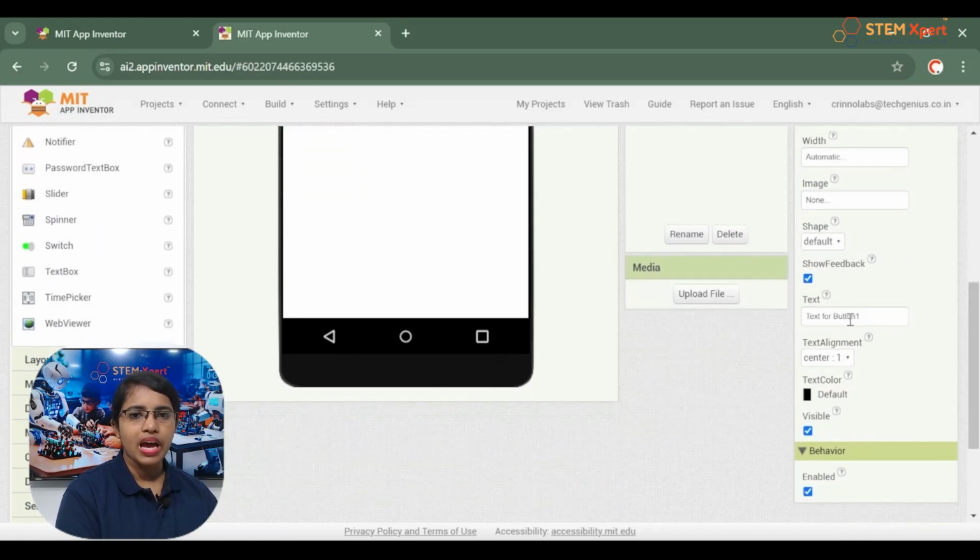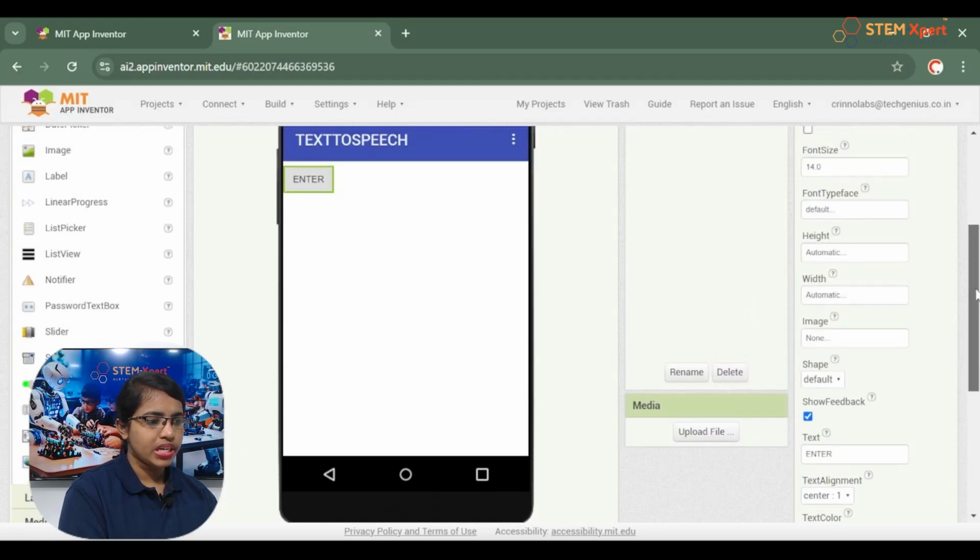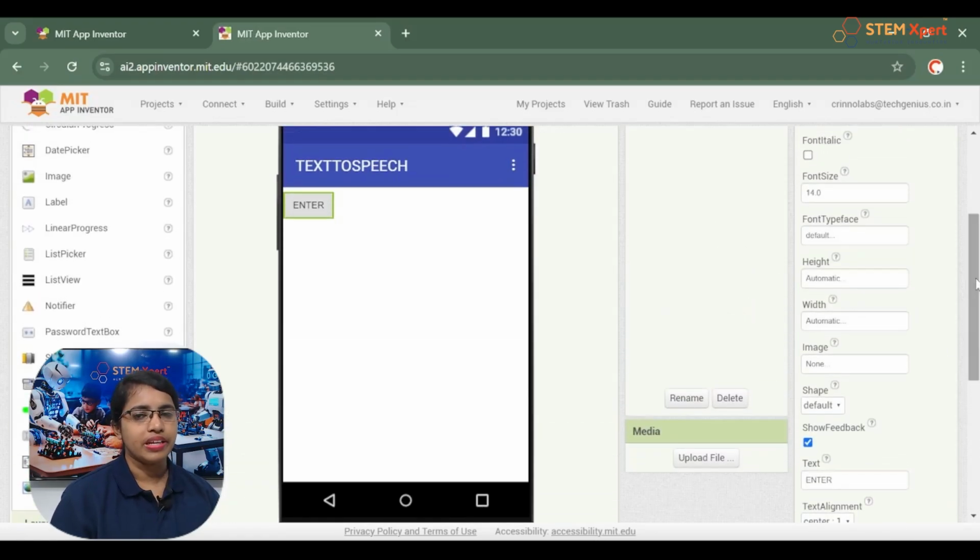So just come here and you can change this text for button 1 to enter button, and just click on this screen and you can see here the button name changed to enter button. Okay, so you can also change this button name. Have you done? Okay, so now we can